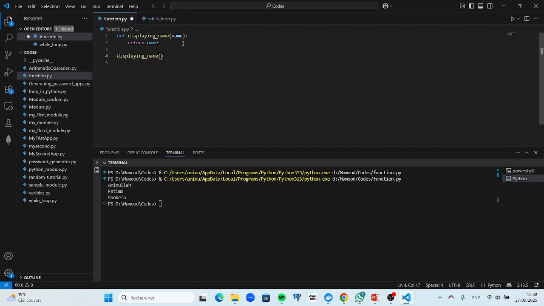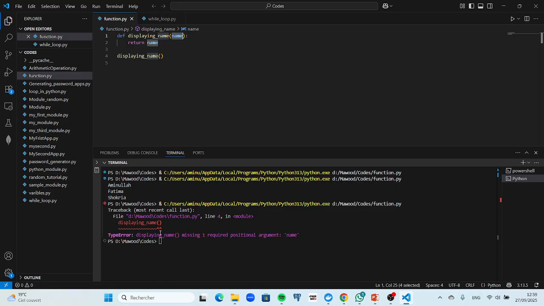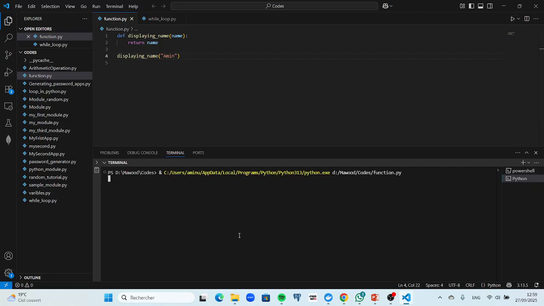Right now, if you remember, I talked about how a parameter acts like an input. Okay, for example, I want to use this function for 10 users. So once I run my code, you can see it gives me an error, because in this case we gave my function a parameter as input. So once you call your function, you have to provide the input in order to run your code. For example, Amin. Now if I want to run my code,